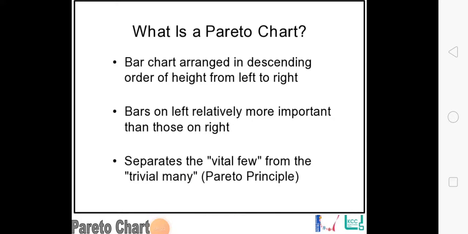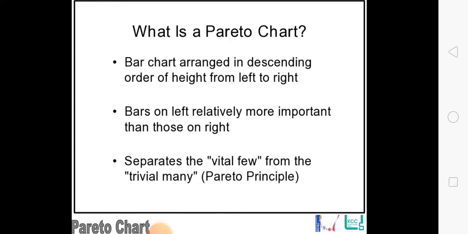Next one is Pareto analysis, or we can say Pareto chart. First we will see the history of this Pareto chart. It was introduced by an Italian economist named Pareto, hence it is known as the Pareto chart. This scientist worked on income and other unequal distribution in the 19th century. There he noticed that 80% of wealth was owned by only 20% of the population of the world. Later the Pareto principle was developed in the 1950s, and this Pareto chart is based on this principle.